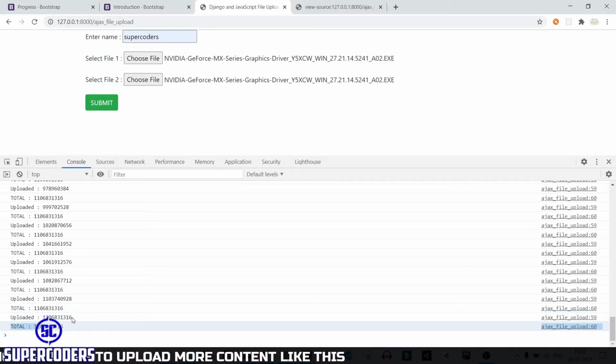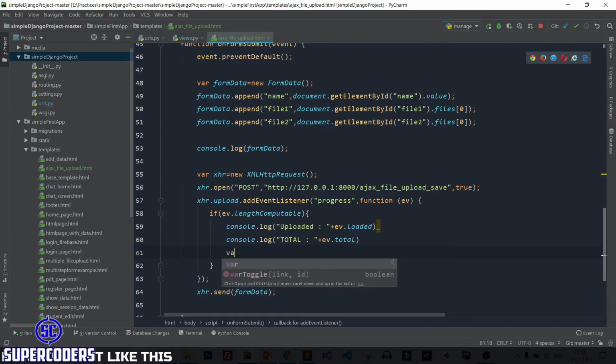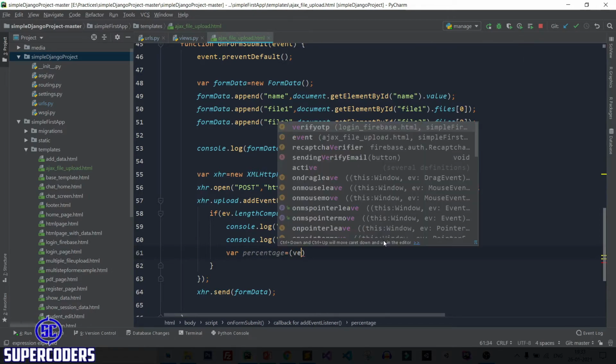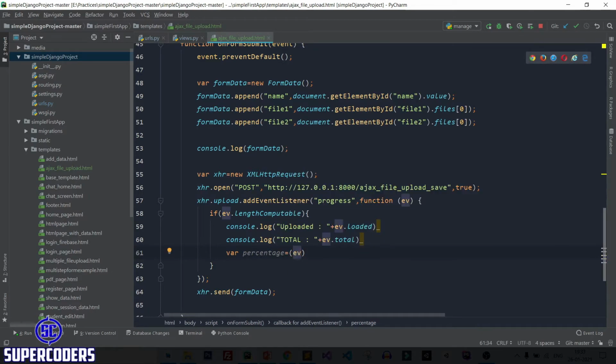Here we need to calculate the total percentage which is uploaded yet. So again back to PyCharm. Here the percentage equals event.loaded divided by event.total, times 100.